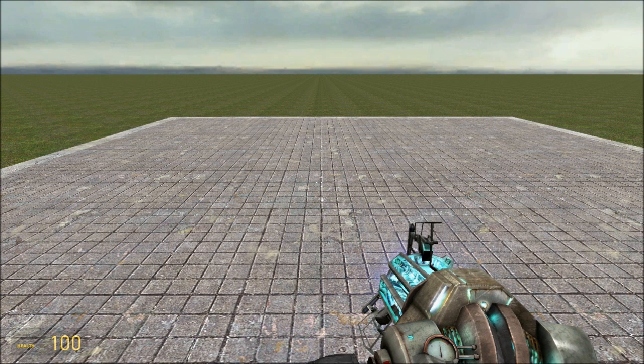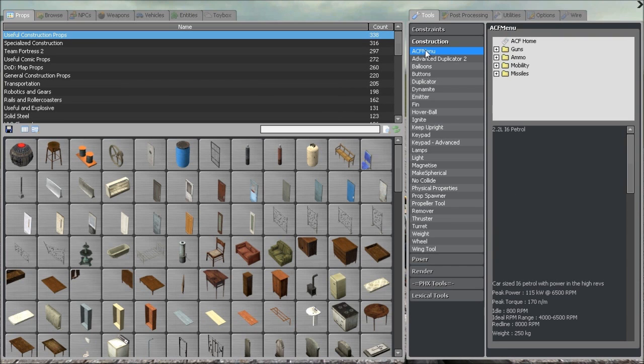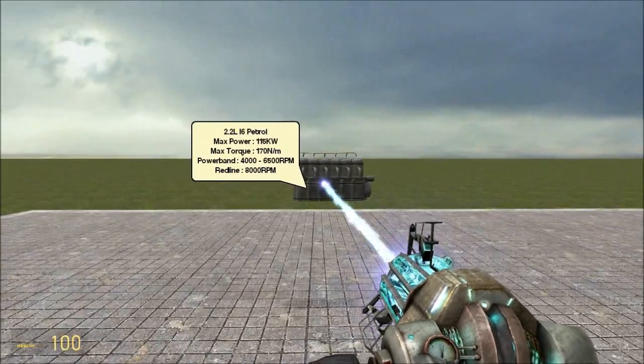I'm going to show you how to use ACF engines because some of you still don't know, and it's a fairly easy process. Go into your Q menu and select your ACF menu tool. Hit the mobility tab, and then you have engines or gearboxes. Typically start with the engine that you want, and for this we're just going to use a 2.2 liter gas inline six. Beautiful. It spawns there, grab it,